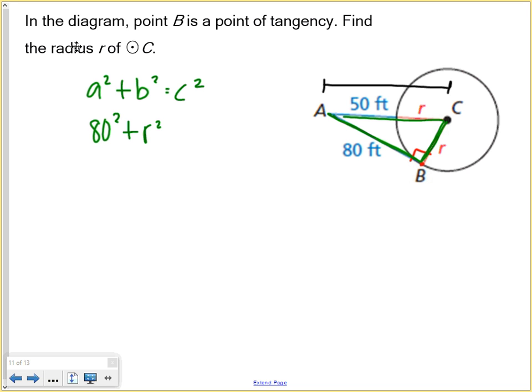So how do I write that as an expression? Not 50R, 50 plus R. Would you square that? No, well, we will in a second. Just 50 plus R for right now. Like if I walked 50 feet, and then I walked whatever the radius is, more feet, I walked 50 plus R feet. Now, I understand where you're getting the squareds from, because now you're thinking, but it's C squared, and